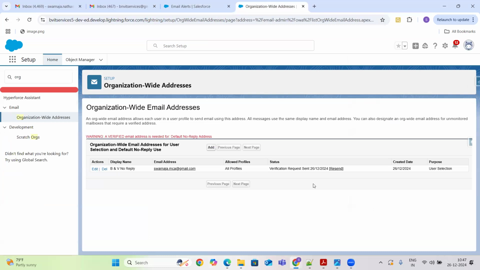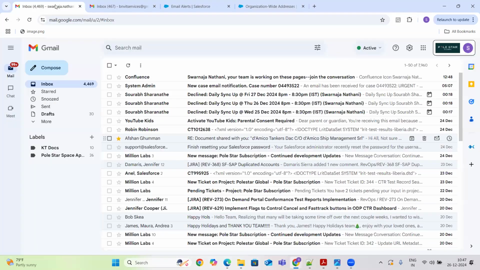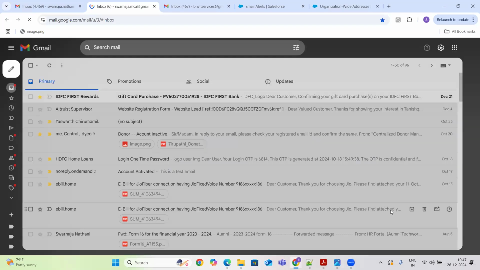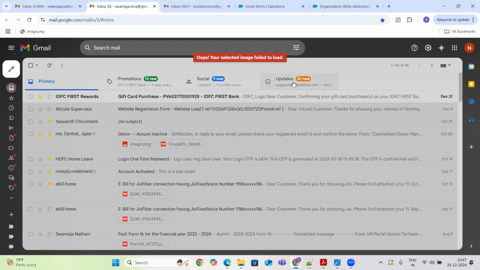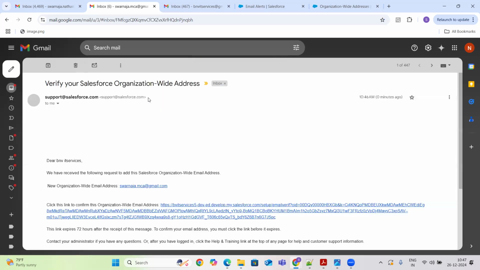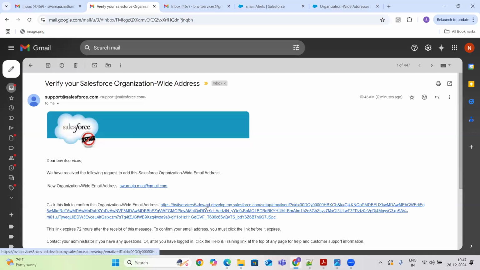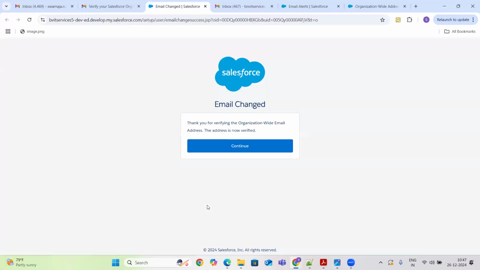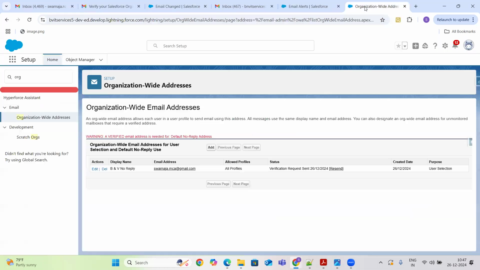Let me verify that. This is how you will get an email notification: verify your Salesforce org-wide address. I'm clicking on this. So the address is verified.